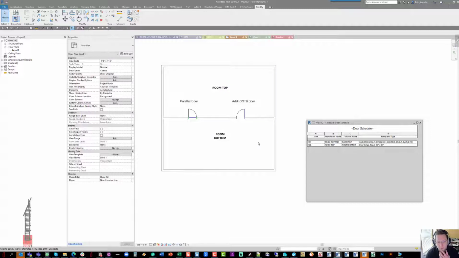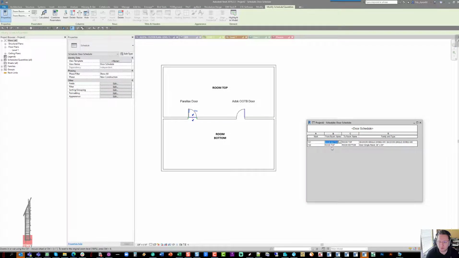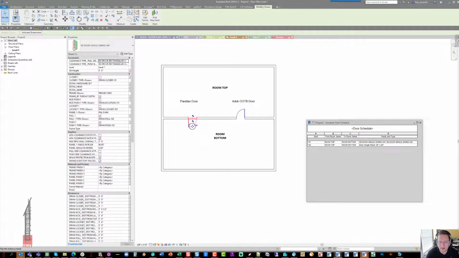So recently what was brought up by a Parallax customer is that if they take one of our doors and they do the same thing where they switch this information to simply say room top to room bottom, it does actually flip the door. After doing a quick investigation, it turns out that's because room calculation point is enabled inside